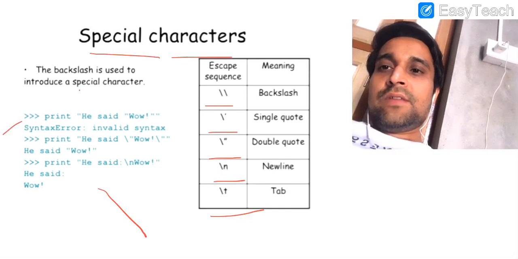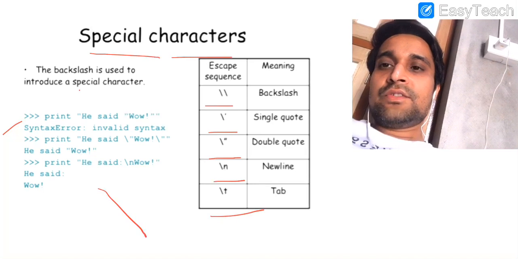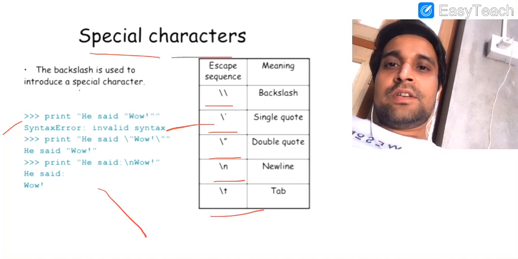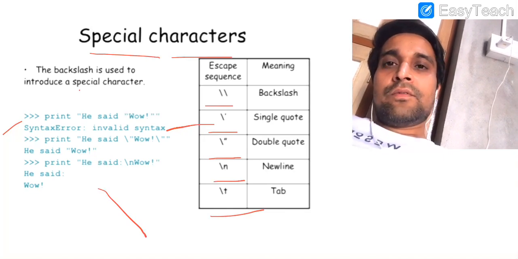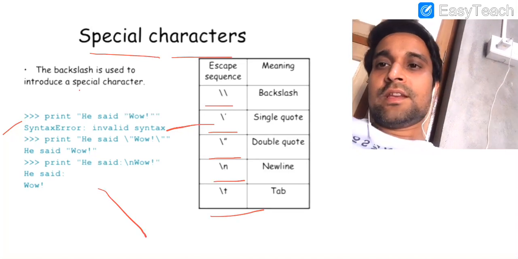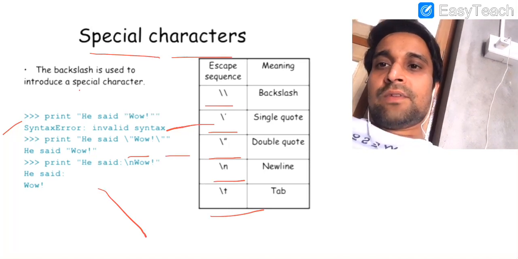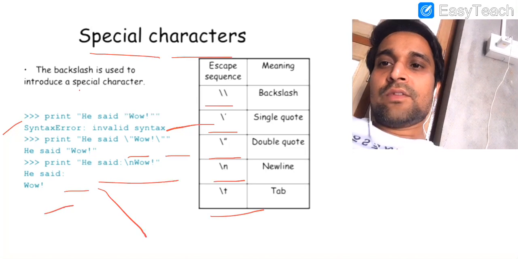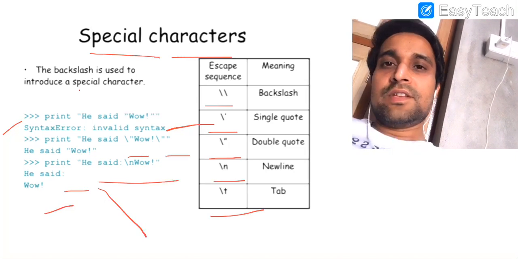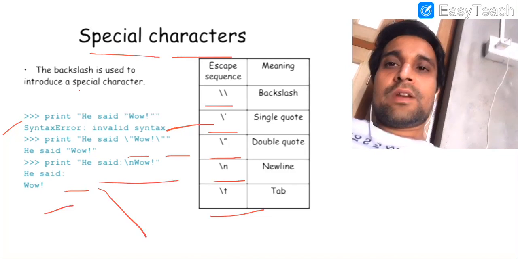Here in our example you can see we have written He said wow, and we have created this string with double quotes, but when we enter this, we get an error. The syntax is wrong, because inverted commas have a special meaning in the language, and if you don't want to use their special meaning when printing, you need to use escape sequences with these characters too, so that they can become part of your output. Here in our example we have used \ double quotes, and when we print our data, we get these symbols as part of our output string.